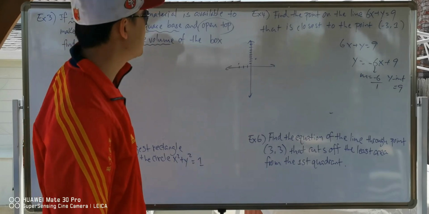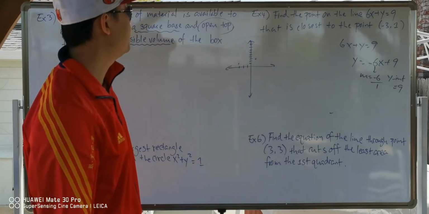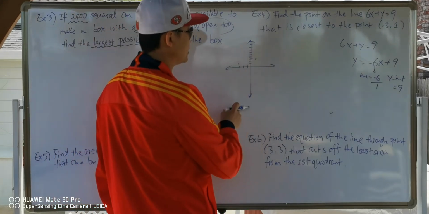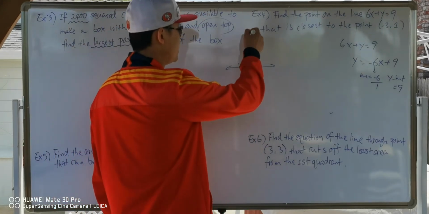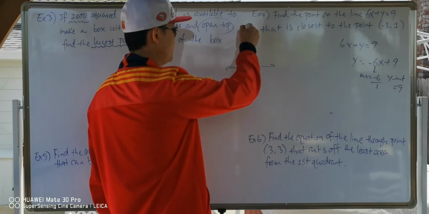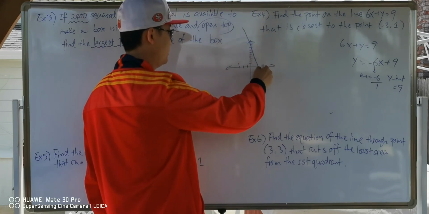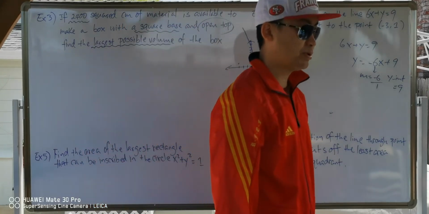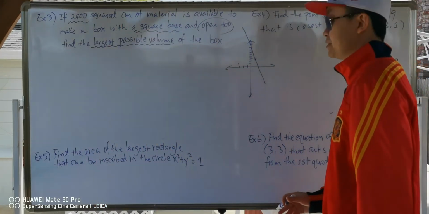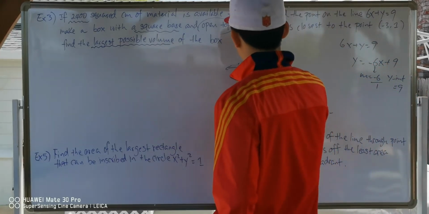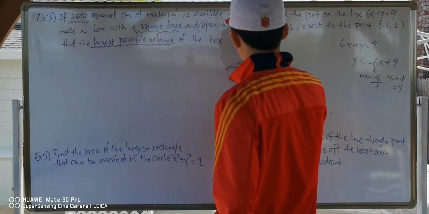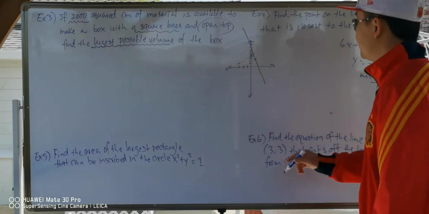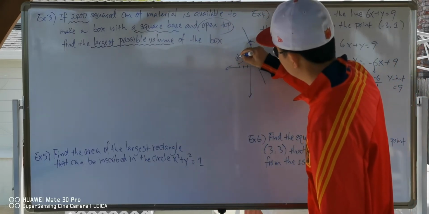Now you might be wondering, looks like it's not being cut off, okay? So this one, they're not going to intersect. So they're not going to intersect at all. So here's the line. So we need to find out the closest distance. Now back to geometry. In order to find out the closest distance, you need to use the distance formula. So the closest distance would be the point which is perpendicular to the line. Okay? So this one guarantees that's the shortest